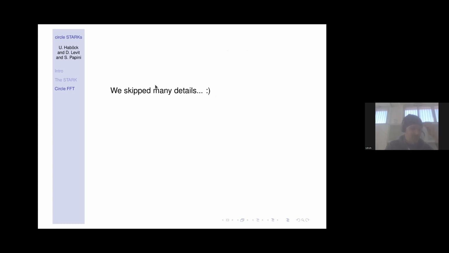Okay, so not sure if this quick going over it was a bit too fast and helped something. There are a lot of details I was just not mentioning. So if you're interested, the paper itself, I hope it's readable, at least for me,